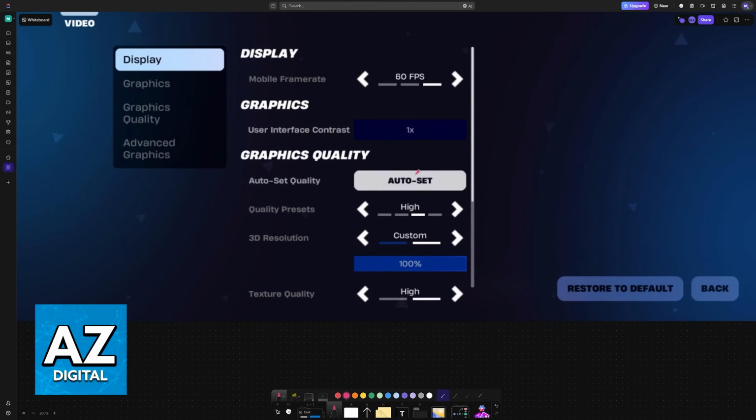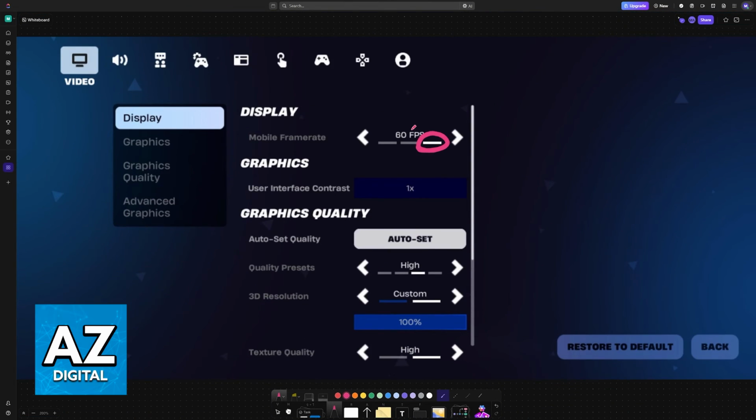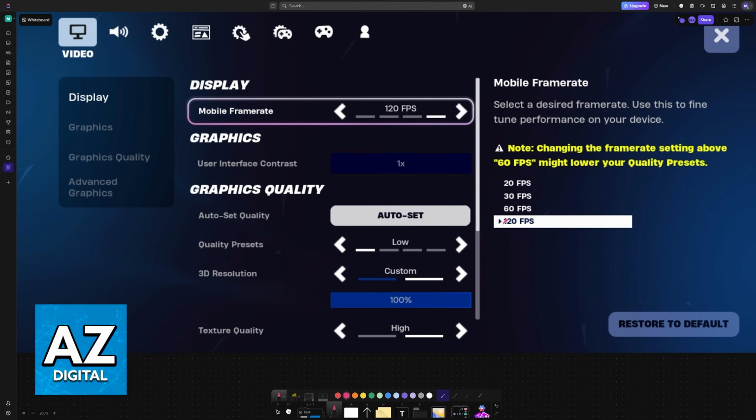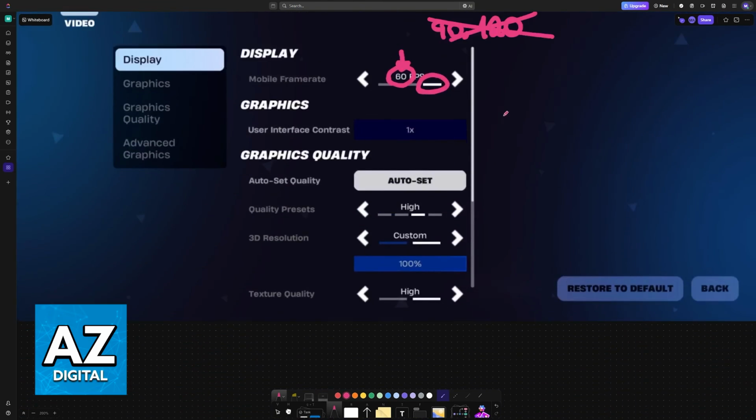Now, sometimes you might not have 90 FPS. If the maximum you have is 60, then sadly, your device is not going to support those high frame rates. And in this case, there isn't anything that you can do on a software level. This is going to be a hardware limitation, so you cannot go above 60. And sometimes you might have 120, but 90 is not going to be available. In this case, just set it to 120 and the game is going to fluctuate between those values.